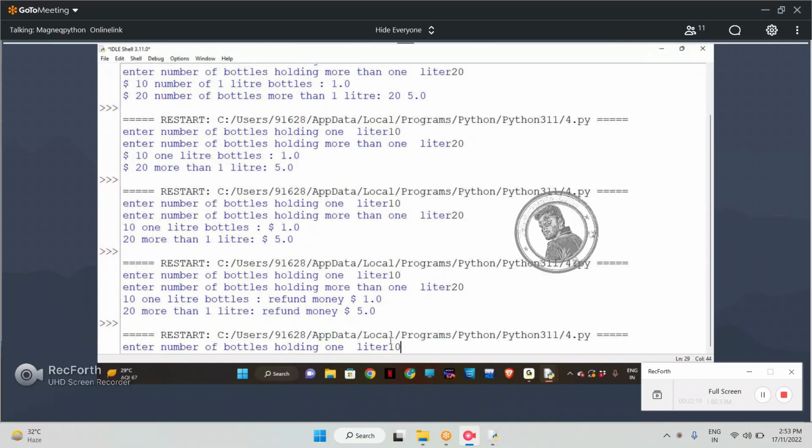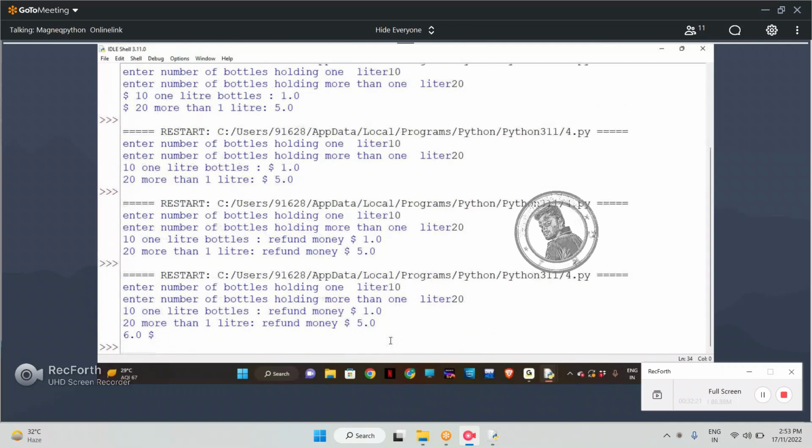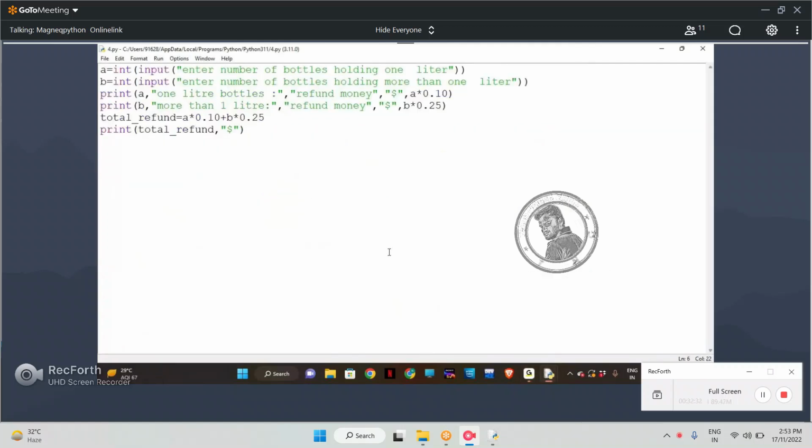Now you enter the values. So yes, liter 10, then 20. Okay, enter the number of bottles you bought. 10 bottles. Okay, then 20 bottles. Your refund is total $6. That is correct. Okay, so like this you have to write the program, show the code to everyone so that